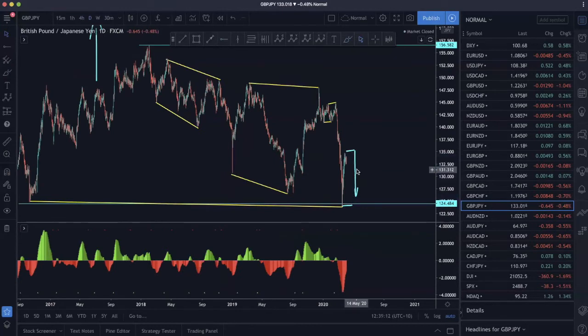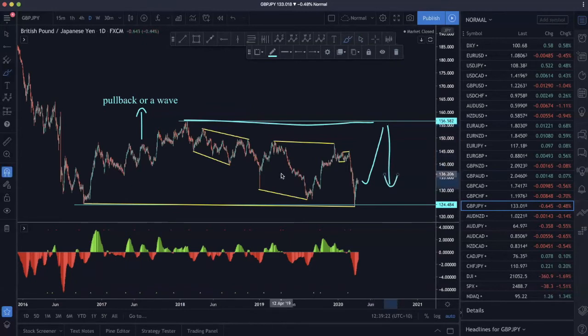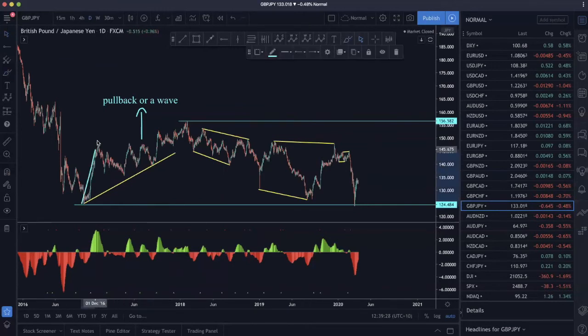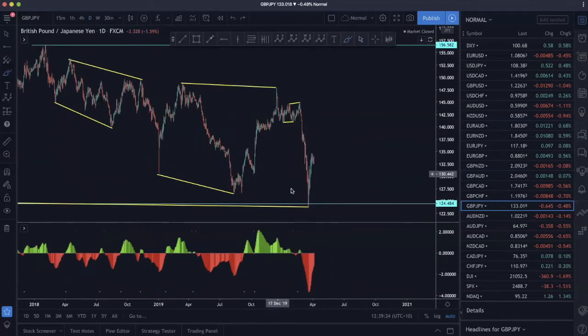So this to come up, I'll get rid of this. So this to come up to be a different C wave and makes a much larger pattern before going down. I don't think that's necessarily the case because the A wave in itself has quite a few pieces. So boom, boom, 1, 2, 3, and going up. So for Pound yen,